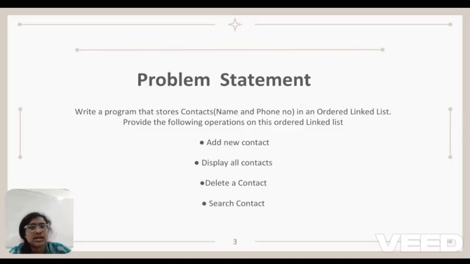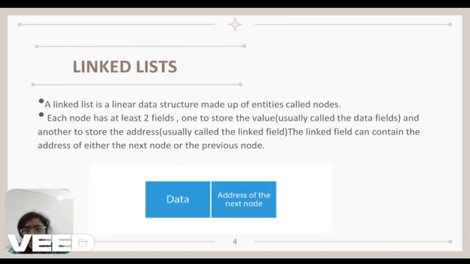What makes this project dynamic is that it uses a data structure called a singly linked list. Unlike arrays, which have a fixed size, a linked list allows the contact list to grow and shrink in memory as needed without wastage of space. The contact list is maintained in alphabetical order, which makes searching and viewing contacts more organized and user friendly.